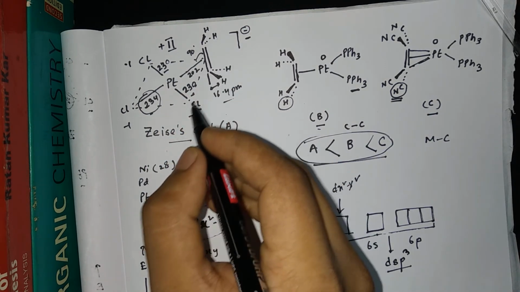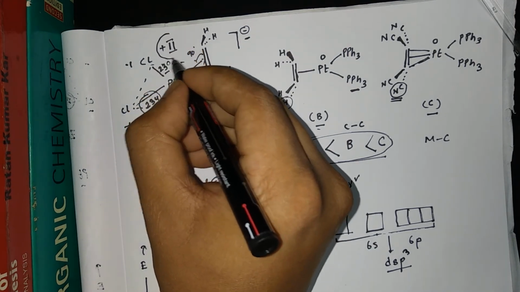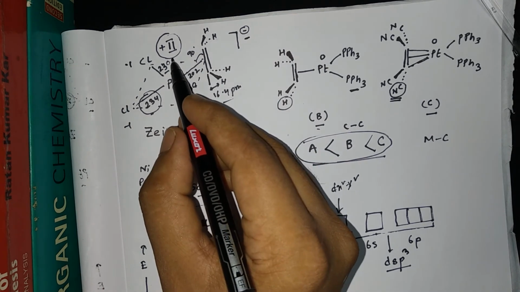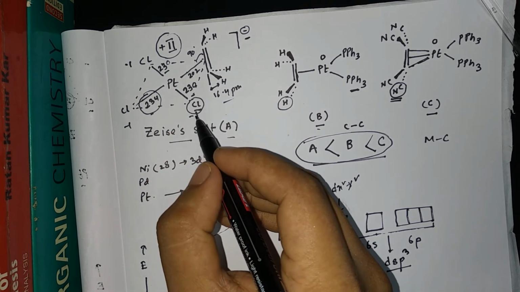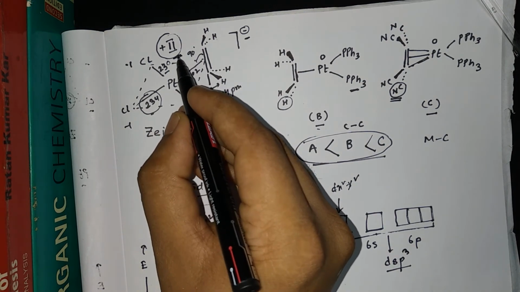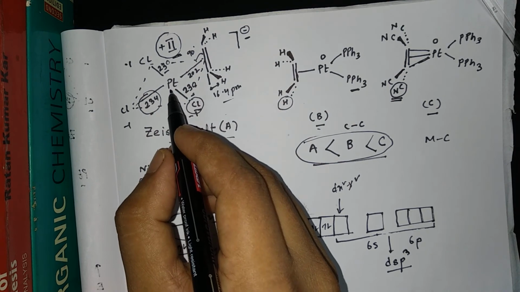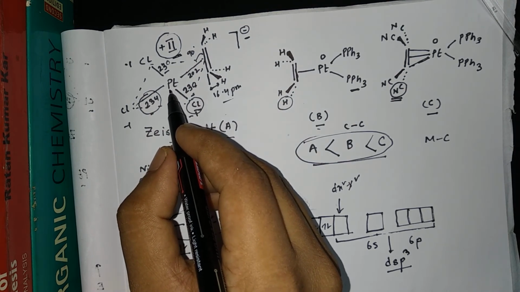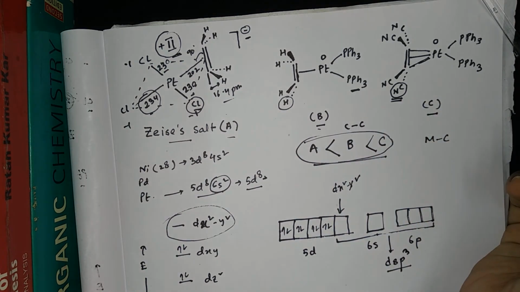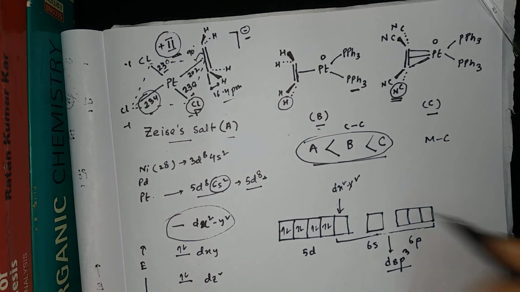But guys, before thinking about the ligand property, we have to think about the metal oxidation state, because metal oxidation state gets much more priority than the ligand property, and hence we have to think about the metal oxidation state first. As the metal oxidation state is higher here, the platinum cannot donate as well as in these two complexes, hence the back donation is less for compound A. Okay, so this is the answer.